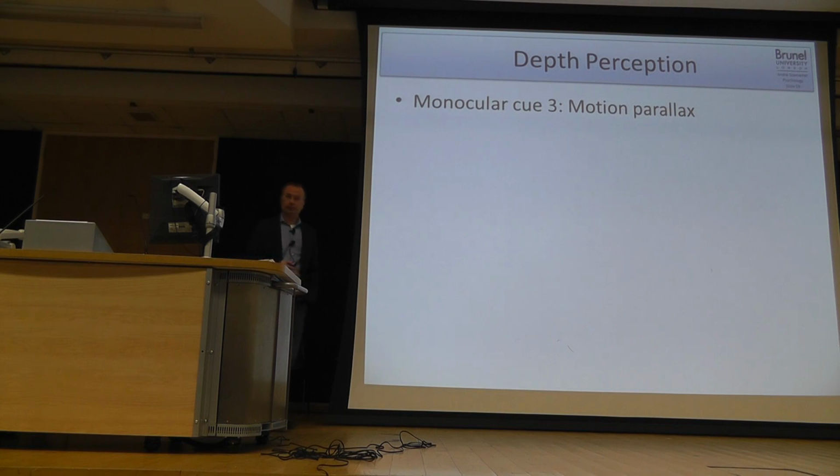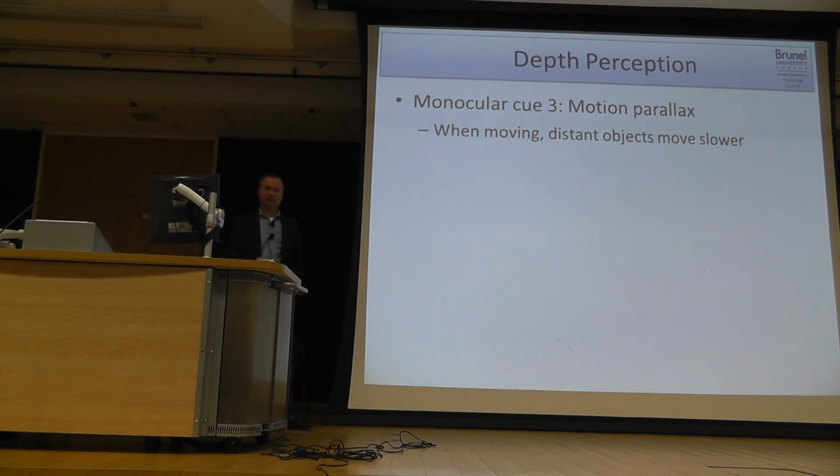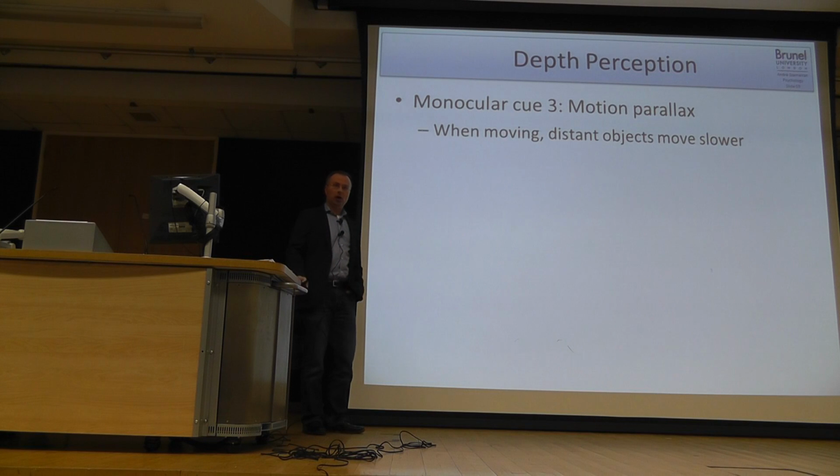The third cue we can use is motion parallax. And as the name suggests, it works only if we move. If we stay still in one place, it doesn't give us any information. And the idea is that when we are moving, objects close to us move faster past us than objects which